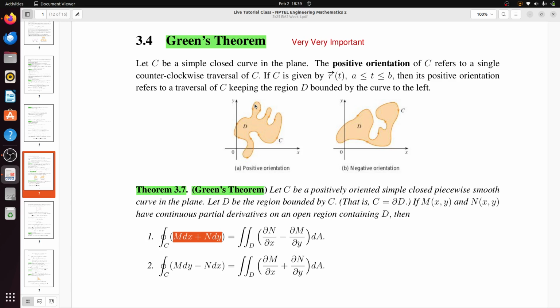The different name of a closed contour is actually the piecewise smooth curve. Okay, this piecewise smooth curve actually means a contour. So just remember this theorem is very important if you are appearing for the Graduate Aptitude Test in Engineering in mathematics